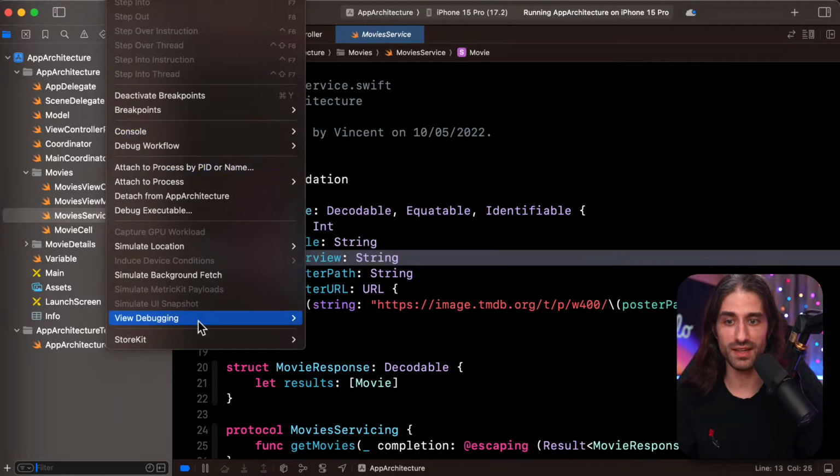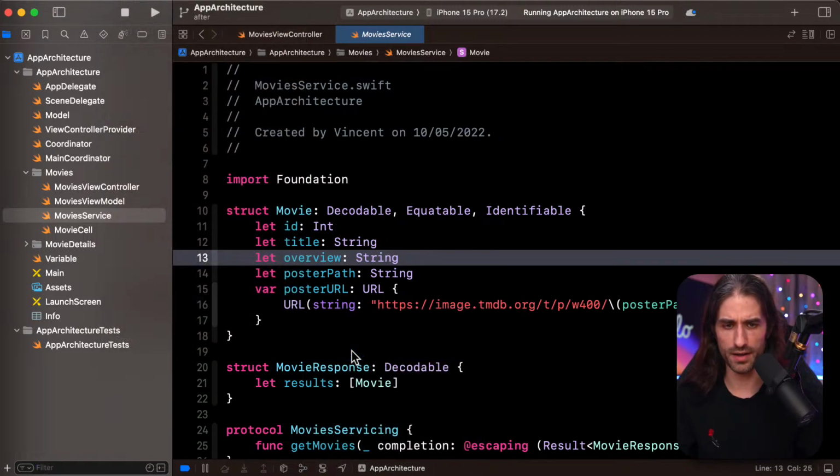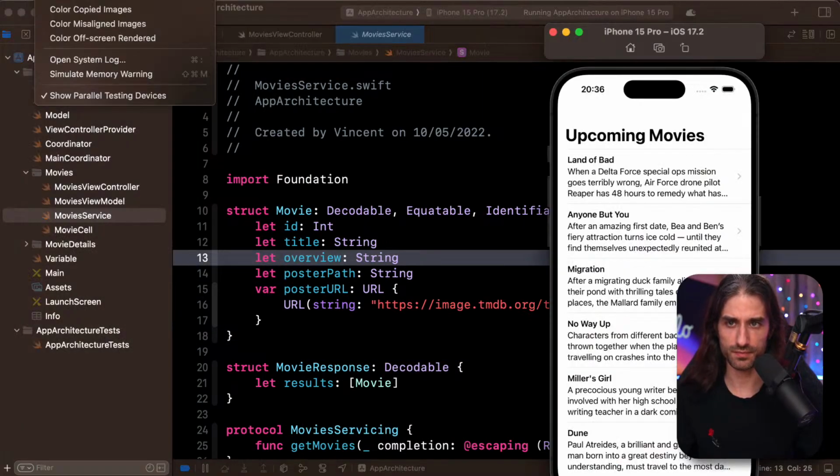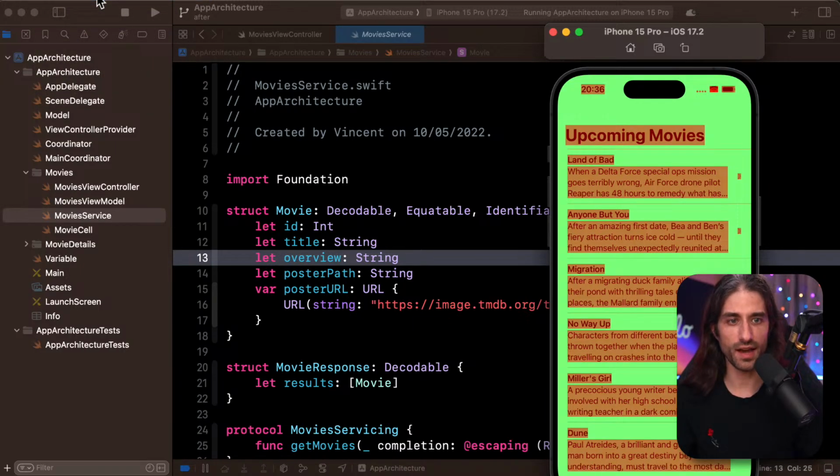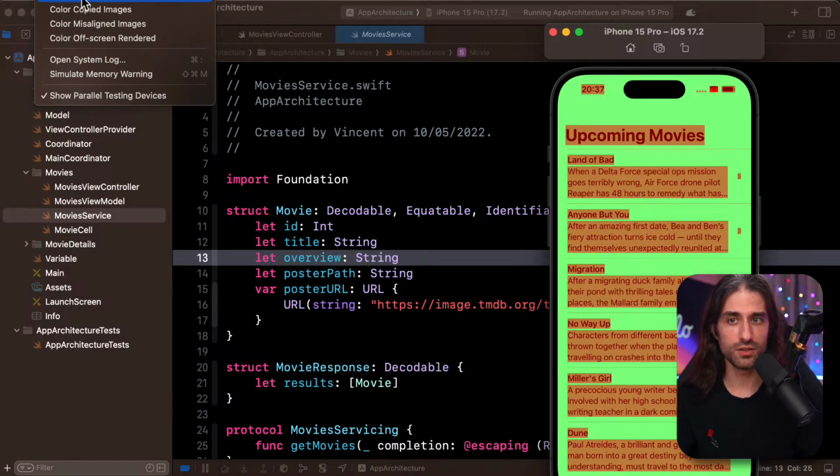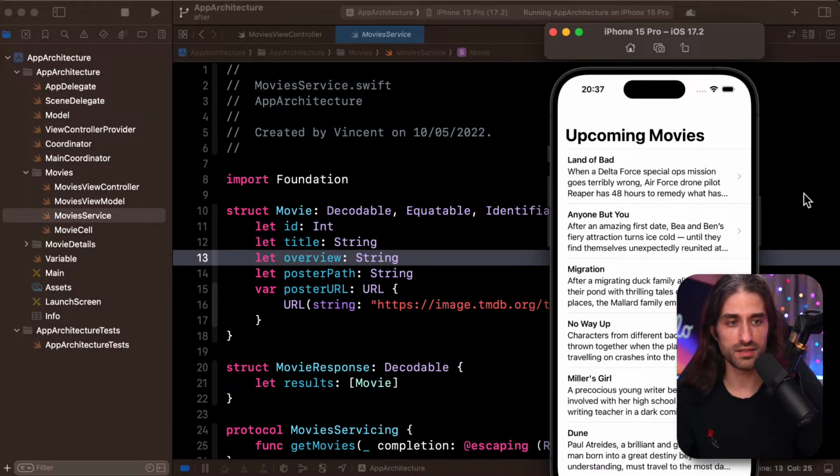I will show you the one that I did know. Let me go back to the simulator. In the simulator, if you do debug and then color blended layers, I knew about this one, but it's the layers, so it's not the frames. The layer is one layer of abstraction down. I think it's the CA layer, and CA layer, so Core Animation, is under UIKit. So UIKit is a higher level of abstraction, and the frames are a higher level of abstraction. So I knew about this one, but I didn't know about the other one. So that's good to know.